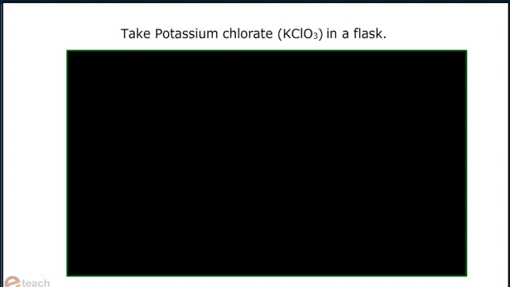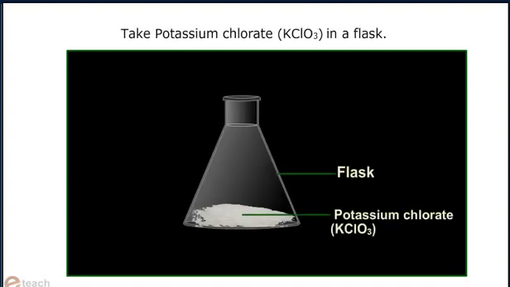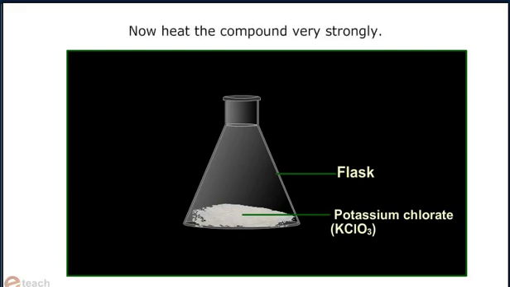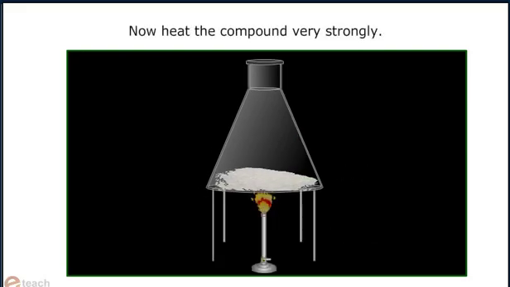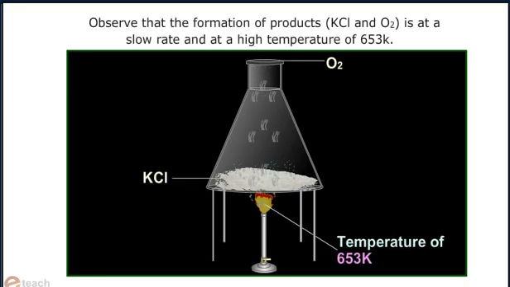Take potassium chlorate, that is KClO3, in a flask. Now subsequently heat the mixture. Observe that the formation of products, that is KCl and O2, is at a slow rate and at a high